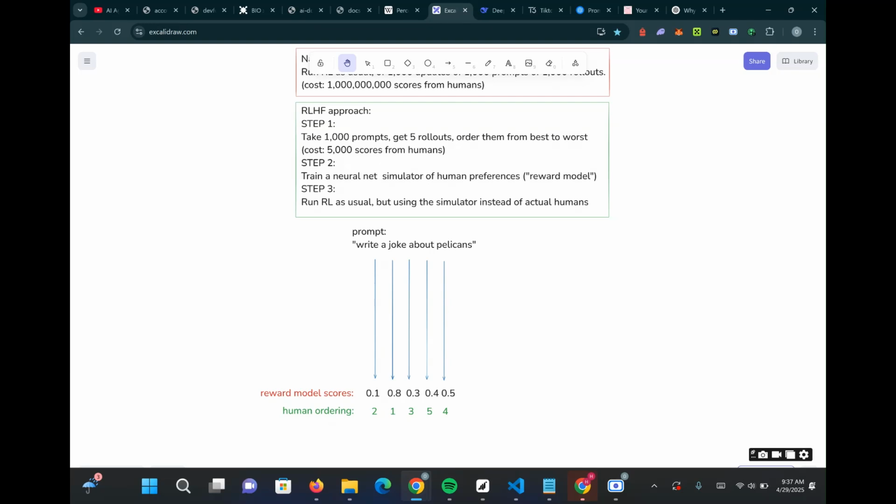And humans are able to give their own ordering of the jokes, and they compare with the model. And the model says, okay, I'm wrong. It goes back and corrects itself. I don't know if you got this part, but if you didn't get it,